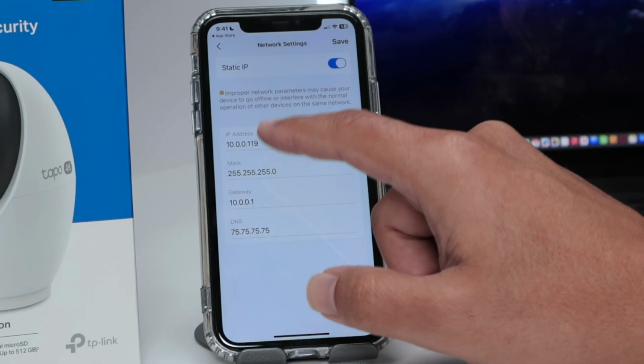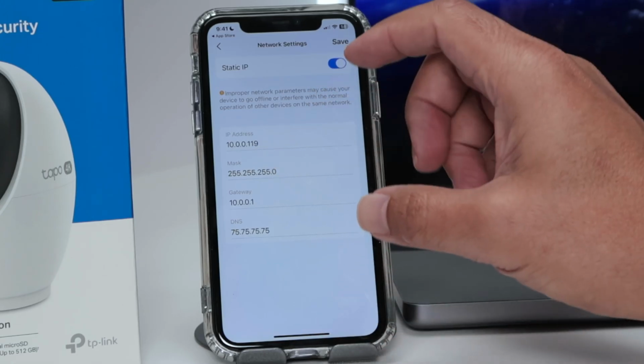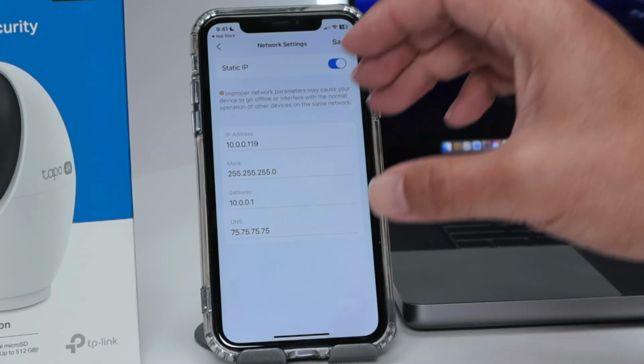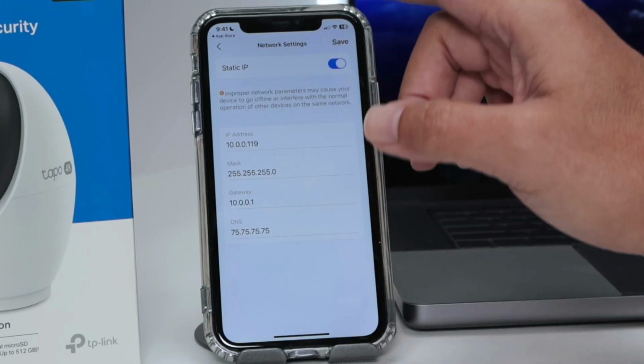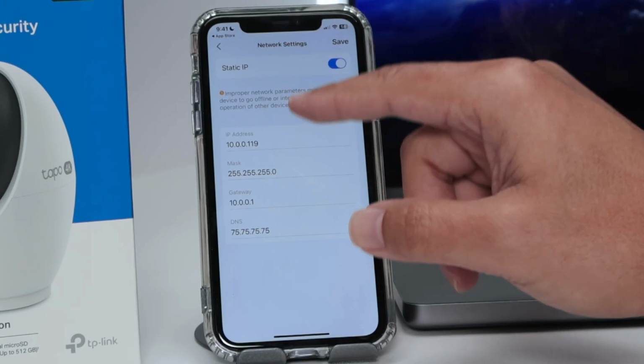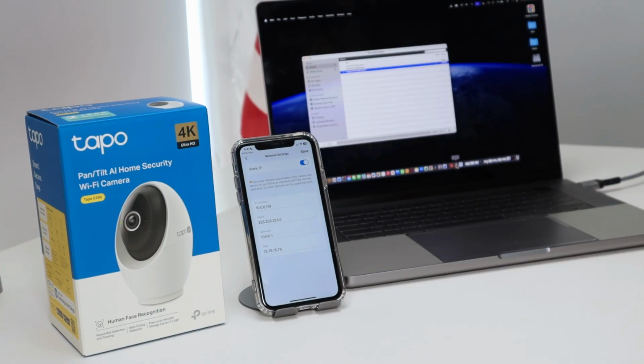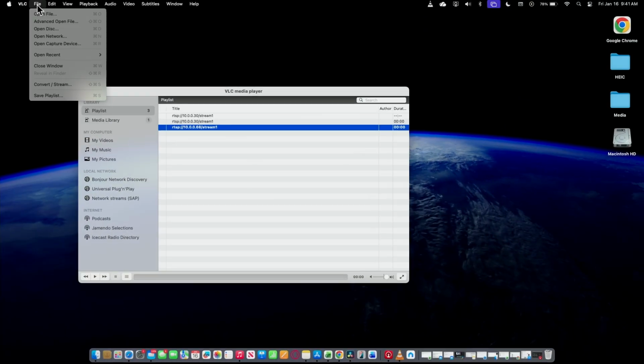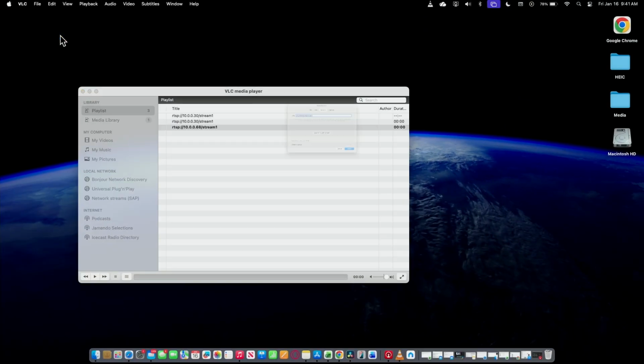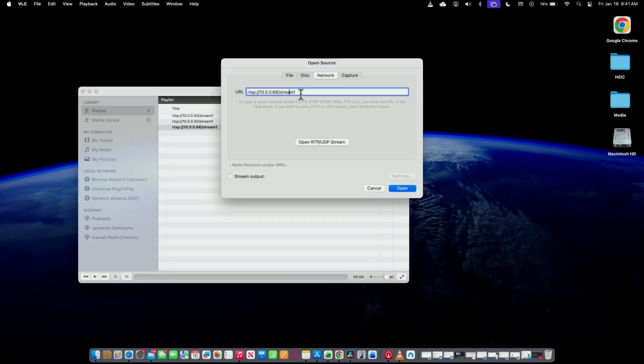So that way it doesn't change. This IP is given by the router, right? So now I'm gonna make it static so it doesn't change. Then I come here to the VLC player and I just open it. In here on File, Open Network, you're just gonna enter this URL, RTSP